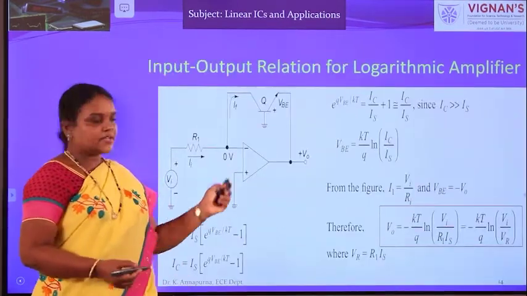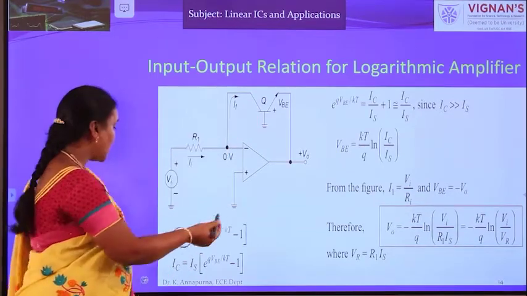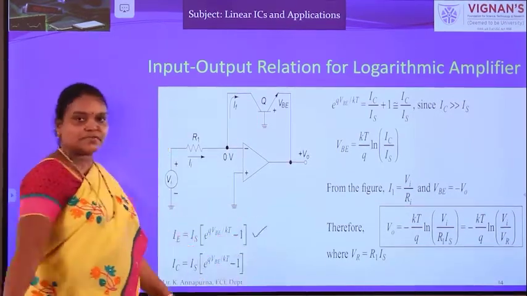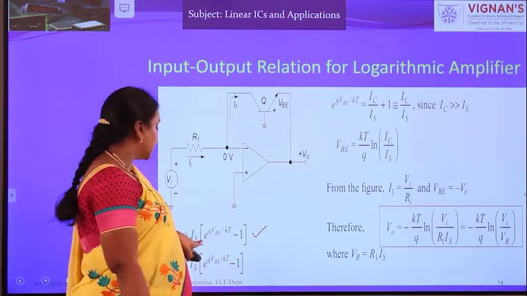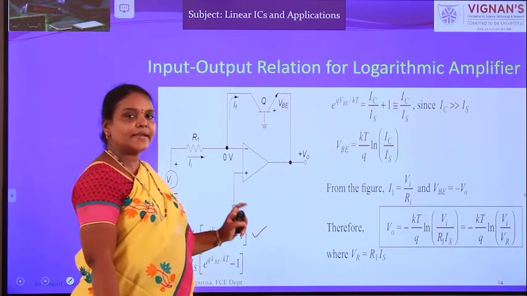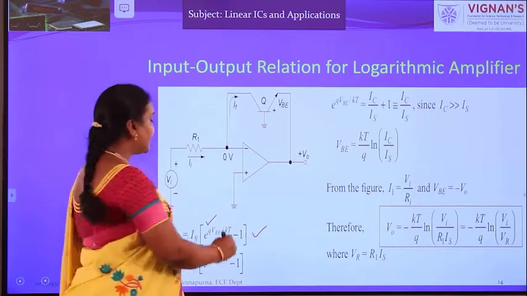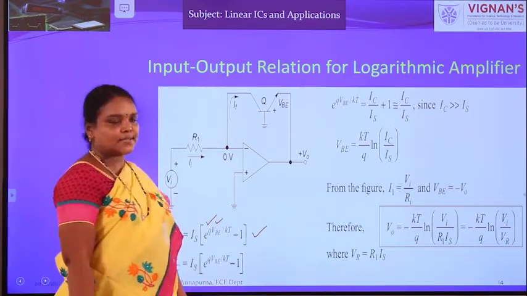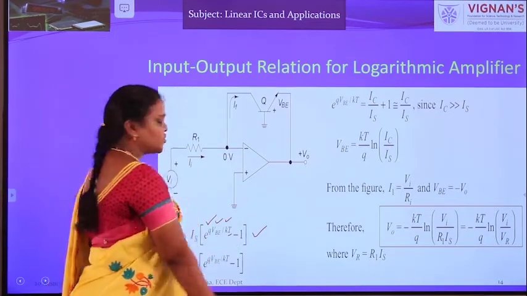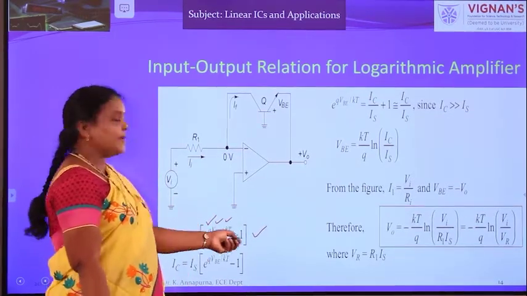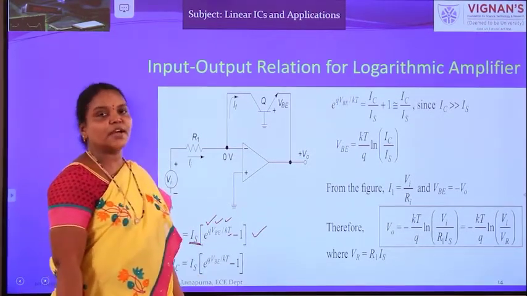Okay, so this is our circuit diagram. It is finally resulting in a diode. So all of you know the diode current equation, right? So this is the diode current equation: IC is equal to IS into e power q VBE by kT minus 1. What is q? Charge of electron. VBE means base emitter voltage of the transistor. K is Boltzmann constant. T is absolute temperature. Okay, so this is the diode current equation, and this IS is reverse saturation current.